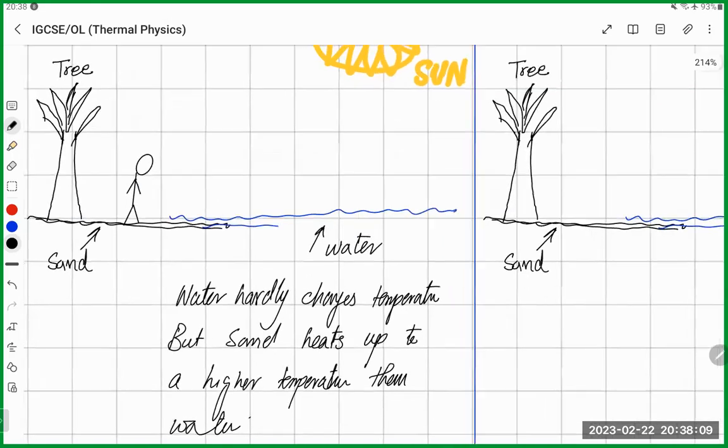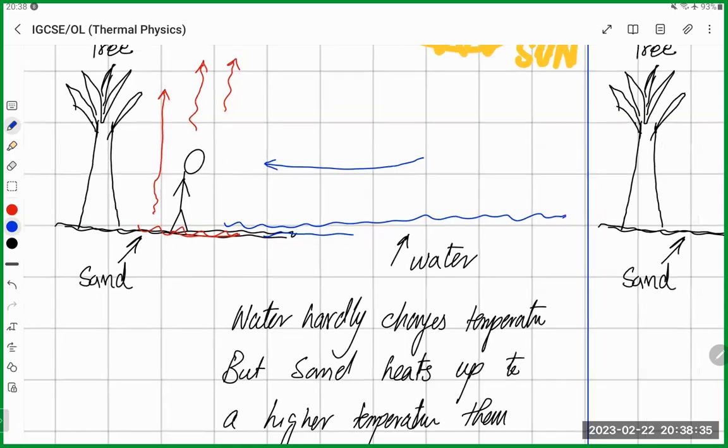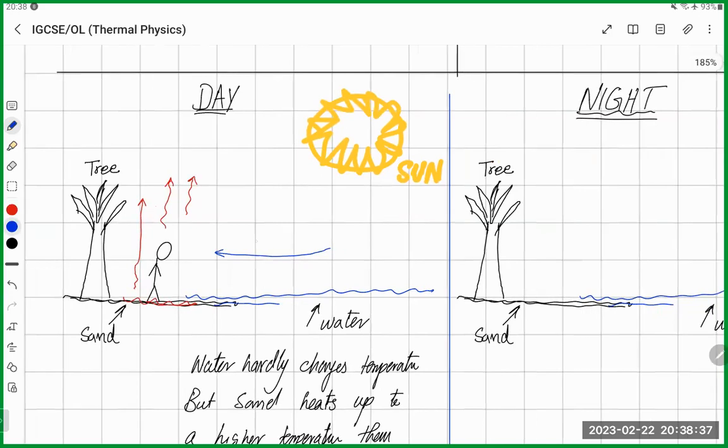if there's a person standing here, because sand is hot, the air over here will be rising up. So what will happen is the cold air from the sea will rush towards the person. So when you go to the beach in the daytime, you receive wind